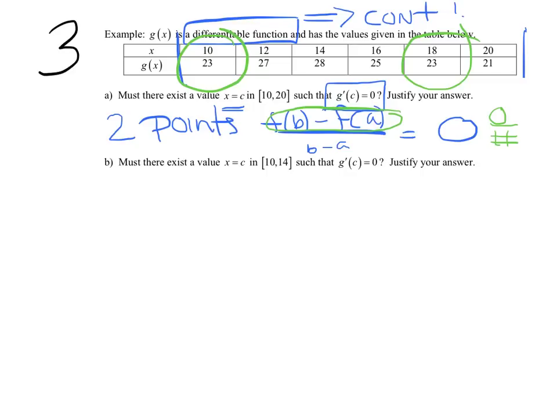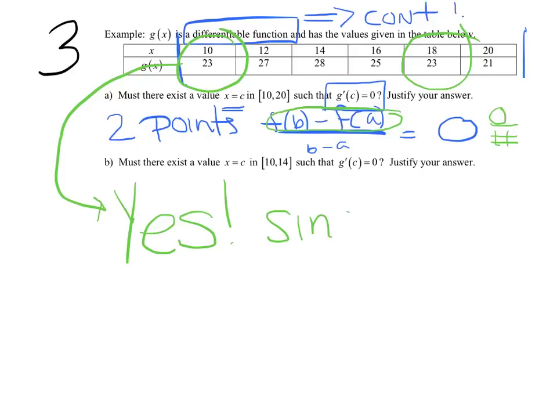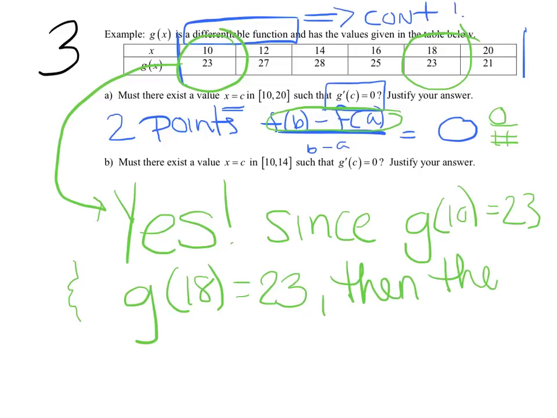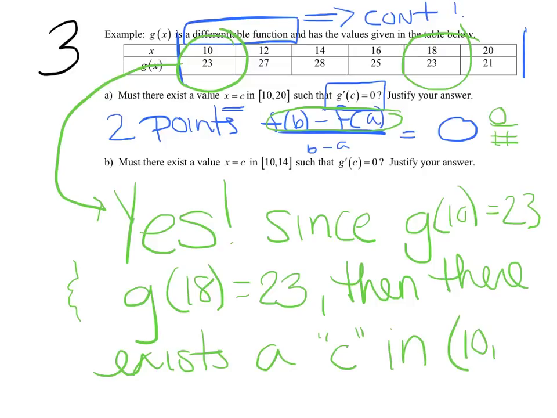So, how do we answer this question? Well, first of all, we're definitely going to say yes. Must there be a value? Yes. Since g of 10 equals 23 and g of 18 equals 23, then there exists a c value, just like they asked for. Now remember, it has to be in the open interval 10 to 20, such that,